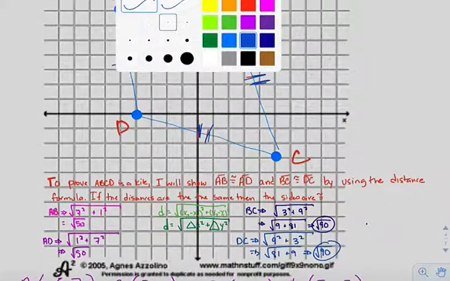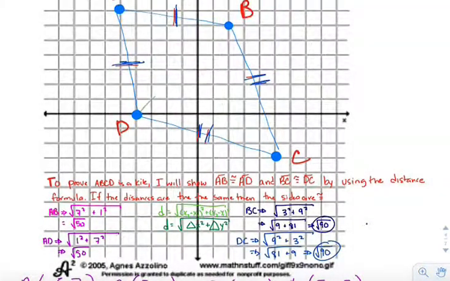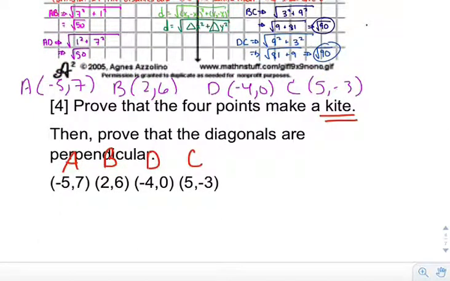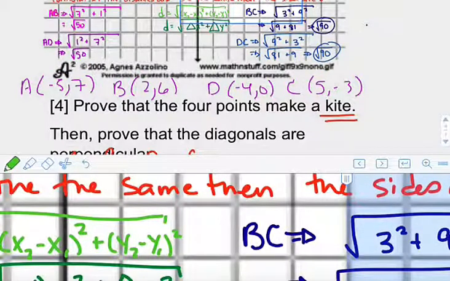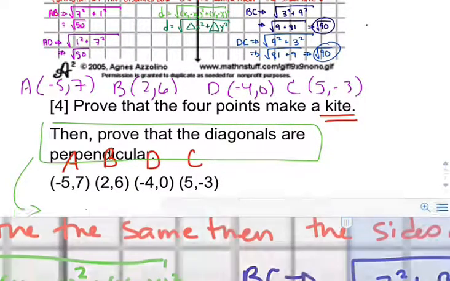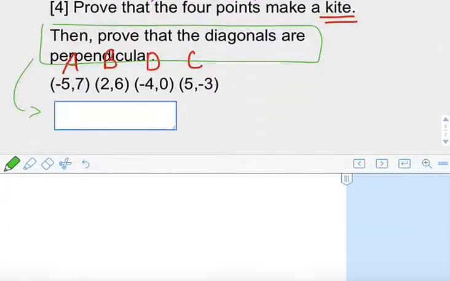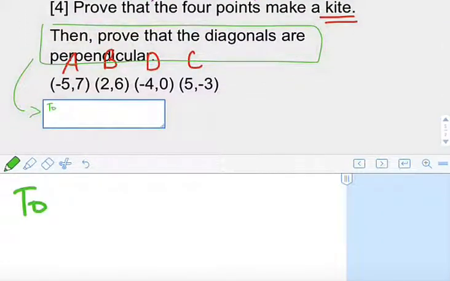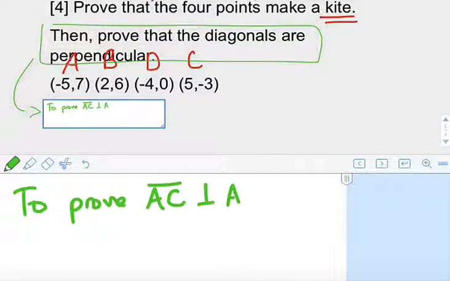And so going back to our drawing, let's first augment it to make sure we know what we're talking about. So diagonals are these two lines. Okay, and to prove they're perpendicular, well, we're going to have to evaluate some slopes. And so, let's see, AC and BD, okay. Let's first write a statement so the reader knows what we intend to do. So to prove AC is perpendicular to BD, which are the two diagonals that I named and drew in my diagram,